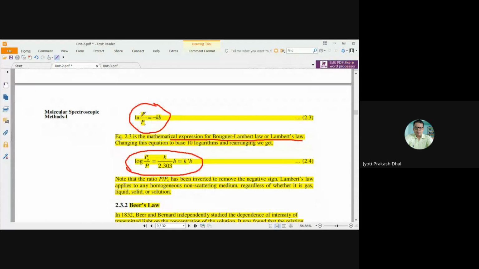So log P by P naught equals minus k by 2.303 b, and if we invert the ratio, log P naught by P, the negative sign will be removed, equals k by 2.303 b. Here k is a constant and 2.303 is a number, so a constant divided by a number gives